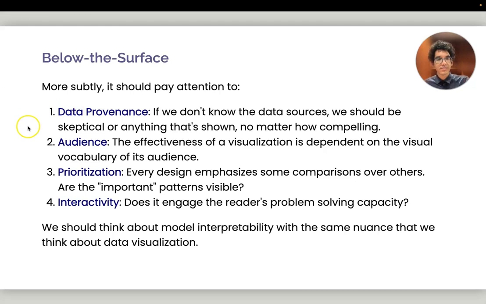And there are many more of these kinds of nuances. And my point here is that sometimes in the model interpretability space, people talk about interpretable versus black box models as if it's a very hard dichotomy, but really there's some nuance. In the same way that a visualization that's effective for one audience might not be effective for another, a model that's useful and interpretable for one context may not be useful or interpretable in another.